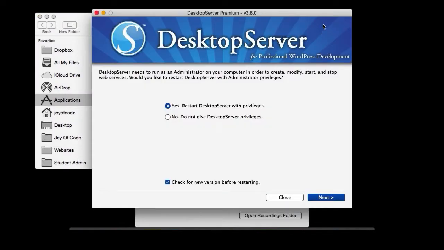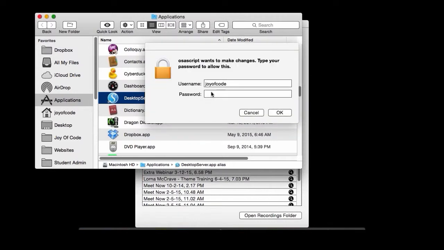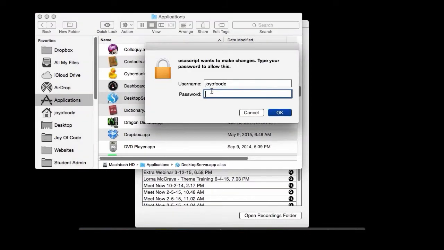So I've launched the application, and the first thing I'm going to need to do is to turn on the server in my computer. Now, when I say server, you don't have to worry about anybody accessing your website on your computer, okay? It's not on the internet. This is all going to be local, all right? That is on your computer. So I'm going to put in my,